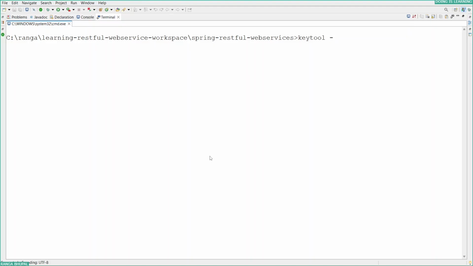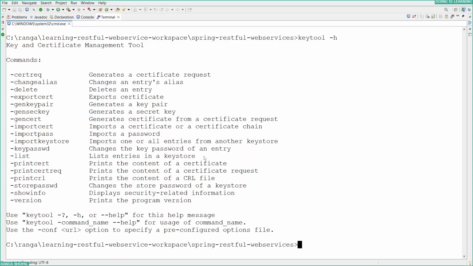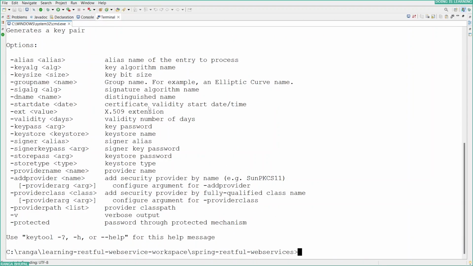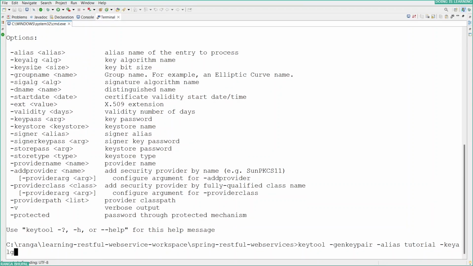keytool -h, which provides the help. We will be generating the key using genkeypair. But let's see the help for it. What are the things that we need to pass? First of all, we are going to pass the alias. In this case, it is tutorial. The next one is the algorithm. In this case, it's the RSA algorithm. I'm going to provide the key size as 2048. Store type